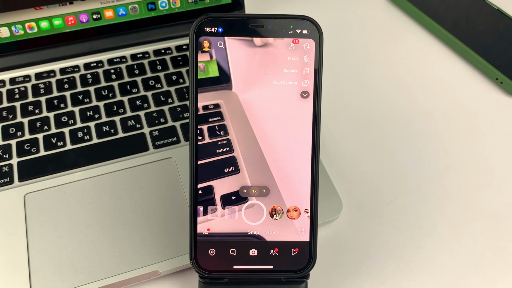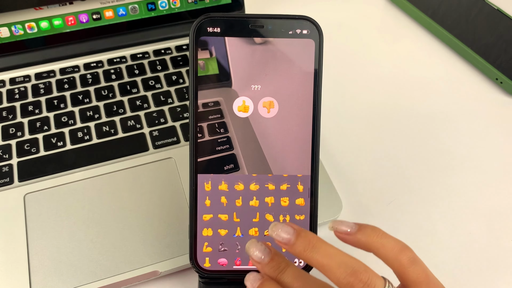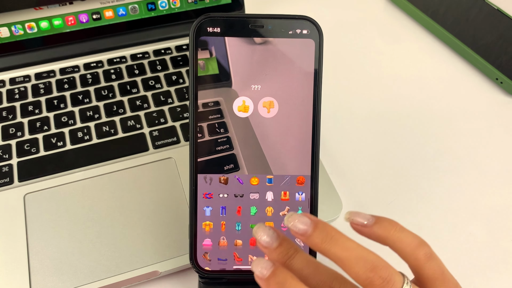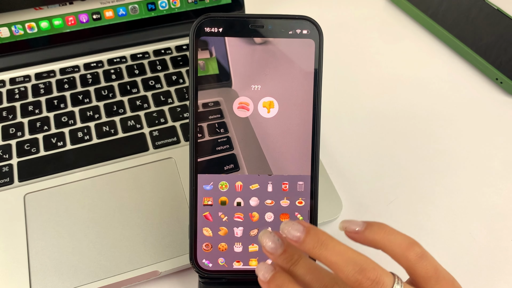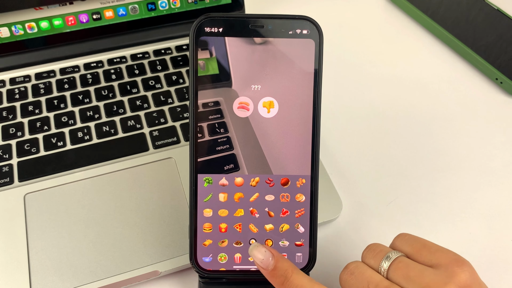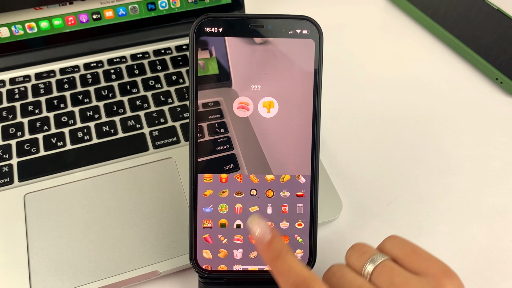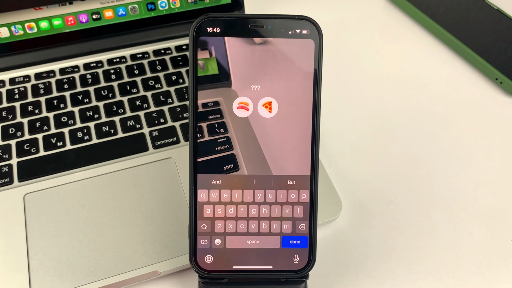After you ask the question, go to the answer options already. As you can see, in Snapchat, there are only 2 answer options in a question, and they are emoji, which is a very interesting option. So, in order to choose an emoji, click on the first one. Then you can scroll through and choose the emoji that you want or that you prefer. And do the same with the second emoji. Also click on it and choose the one you like. Just like that.